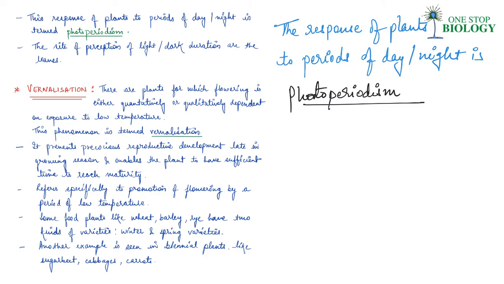Now let's move on to vernalization. There are plants for which flowering, either quantitatively or qualitatively, is dependent on exposure to low temperature as well. This phenomenon is termed vernalization. What is vernalization? It is a quantitative or qualitative dependency on exposure to low temperature, right? So it is basically